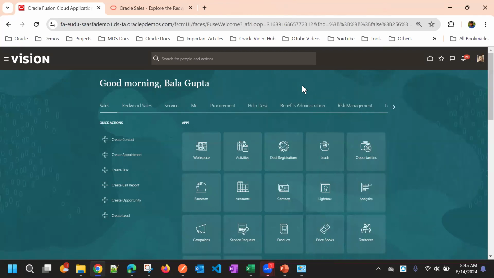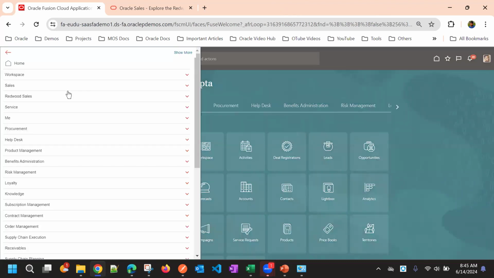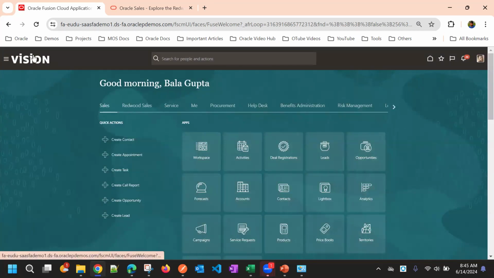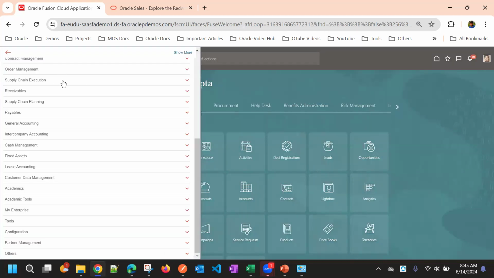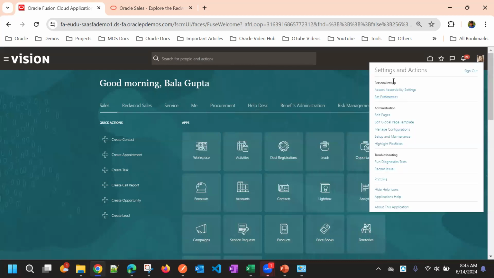Okay. So first, you should have the application implementation consultant role to enable the offering, and sales administrator. So this is the Oracle Fusion Cloud application. It has all the sales and other modules. Depending on the roles, you will get these modules. So to enable, as an initial step,